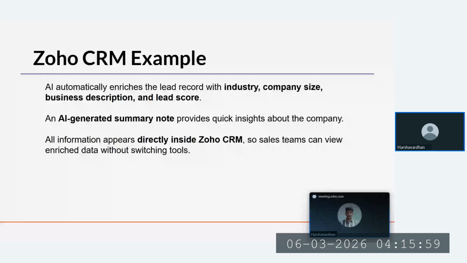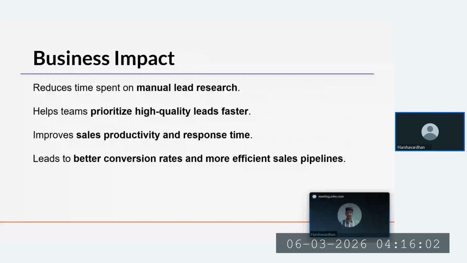So contacting each lead and prioritizing is the main factor impacting the business here, and it helps prioritize high quality leads faster and leads to better conversion rates and more efficient sales pipelines. As I told, internally in our company, our team has experienced that the amount of time spent on each